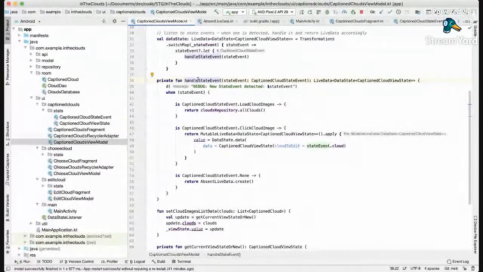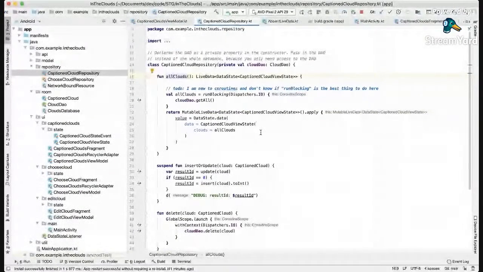And so handling those state events, this when expression here, for each state event, it's going to switch between whichever states are possible. So there's either loading the cloud images, or we've clicked on one, or there's also a none event that we can capture if there's no change. So loading cloud images, that's where we reach out to the repository and make that call to load the clouds, those cloud images. So if we jump into the repository,